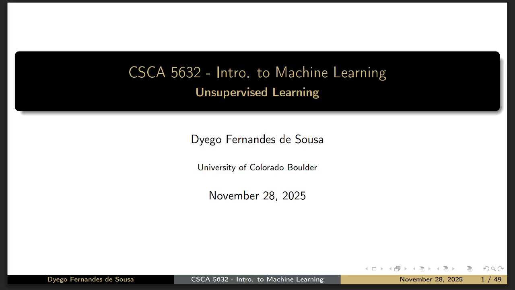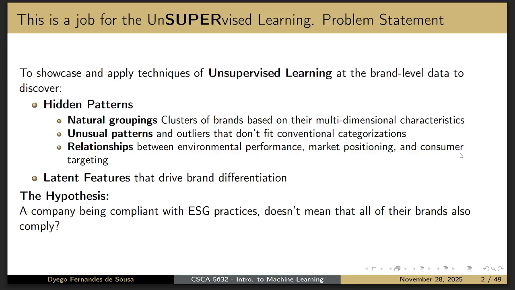This is my final project for CSCA 5632, Introduction to Machine Learning and Supervised Learning with University of Colorado Boulder. The idea of this project is to apply and showcase all the techniques that we've all learned during the unsupervised learning course, during all the quizzes, all the lectures, and all the exercises that we all did. And with that, find hidden patterns and latent features that can differentiate brand and brand, company and